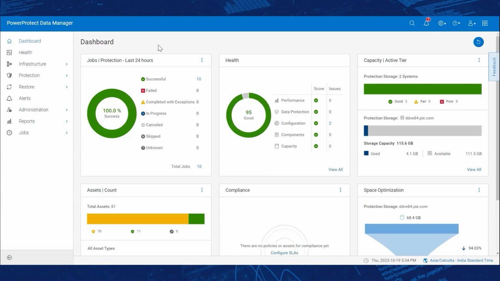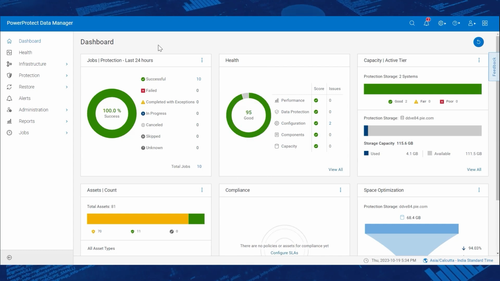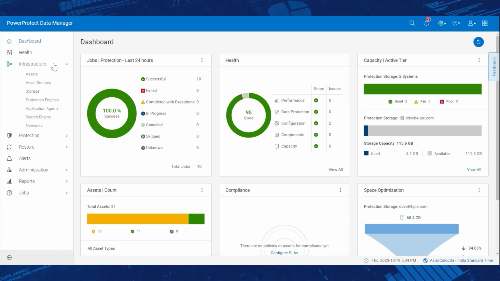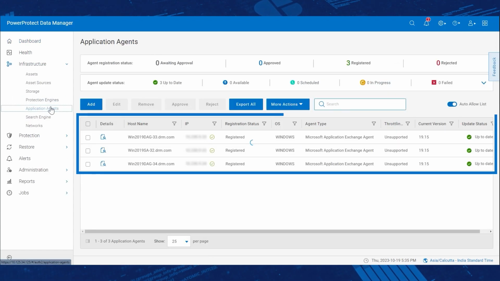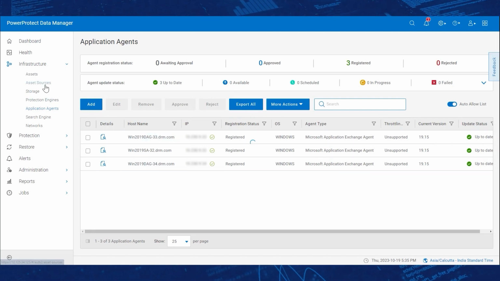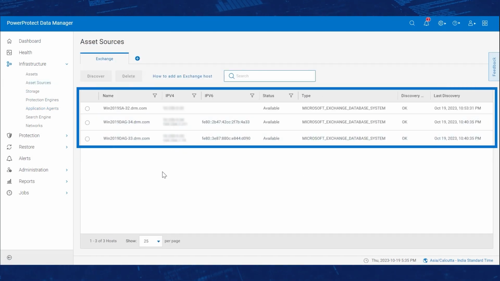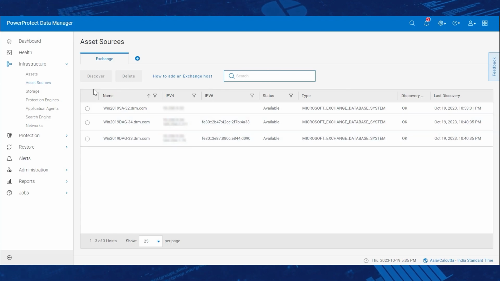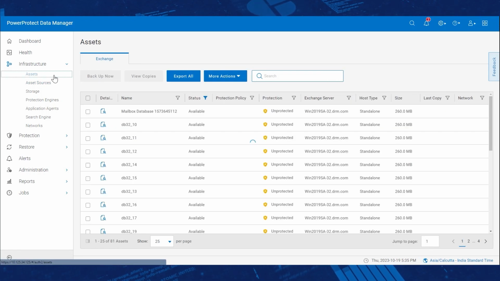For this demo, I have already integrated and registered the Exchange hosts with PowerProtect Data Manager. On the Application Agents page, we see that the Exchange standalone and DAG hosts are registered successfully. After successful registration, we can see that the hosts are discovered on the Asset Sources page. And after the successful discovery of the asset sources, we can see that the Exchange databases are discovered as assets